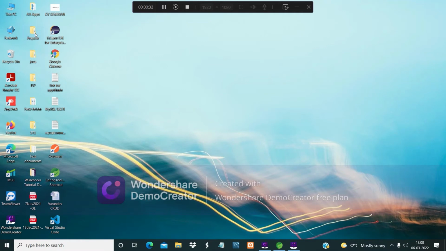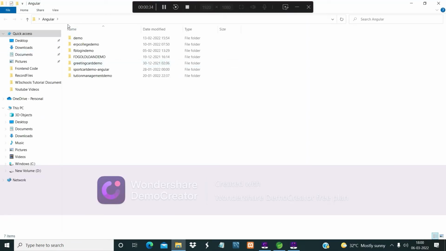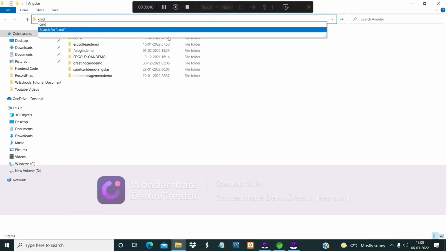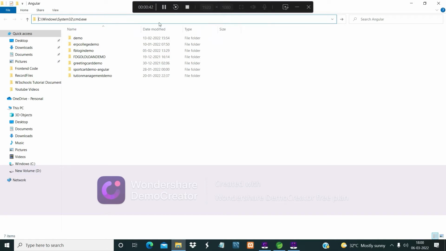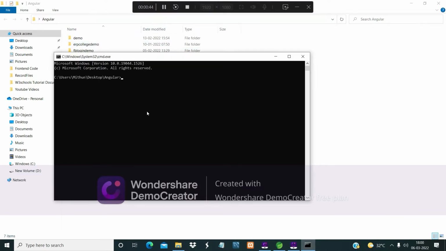We take the Angular folder. Here type cmd. We create a new project: ng new Spring Boot security.